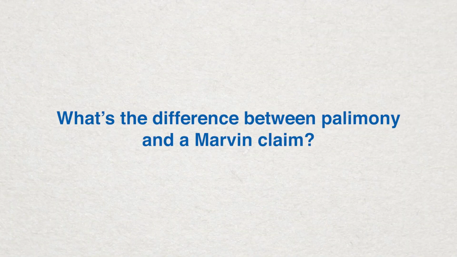That litigation lawyer can review the facts of your situation and determine if you have some sort of basis for your claim. What's the difference between palimony and a Marvin claim? Palimony is a non-legal term used to describe the division of financial assets, real property, or other support issued when unwed cohabitating partners split. Whereas palimony refers to the remedy provided by the court, a Marvin claim is a civil action filed to obtain that remedy.